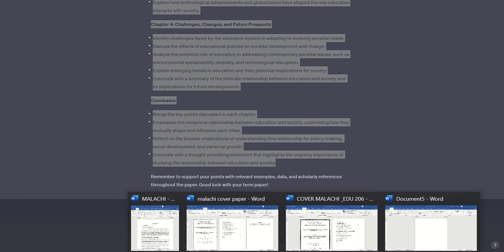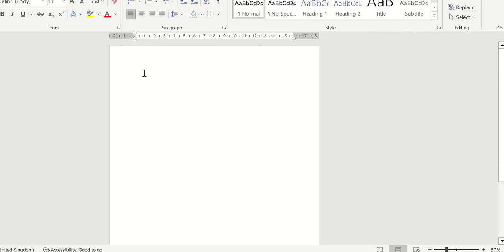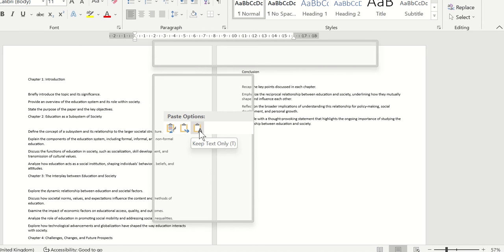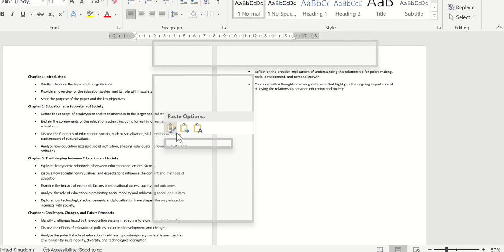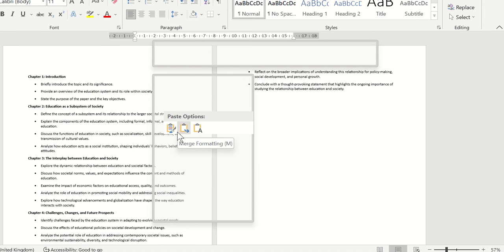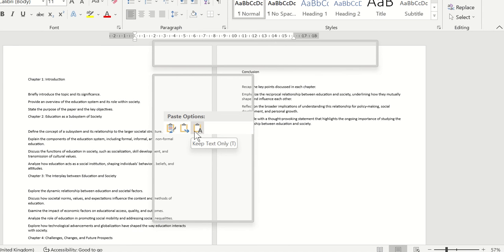Then you come to this place. So right click whenever you want to paste it, especially when you're using your laptop or your phone. Try to use keep text only, okay? When you use source formatting, you find out that you are going to find it difficult to format it. So use keep text only,